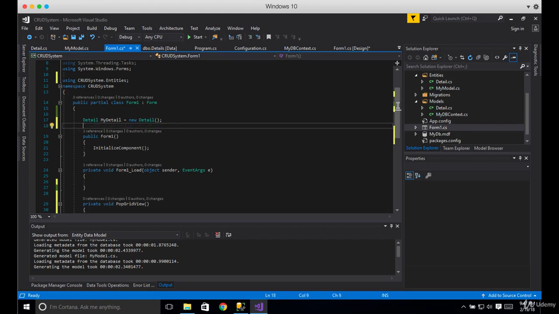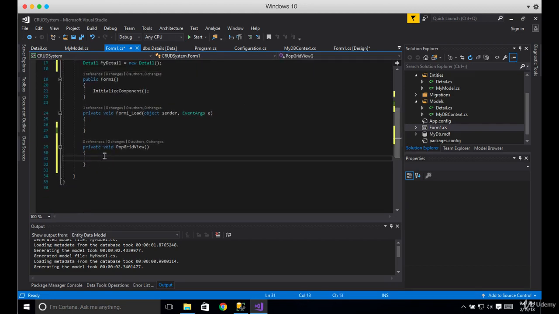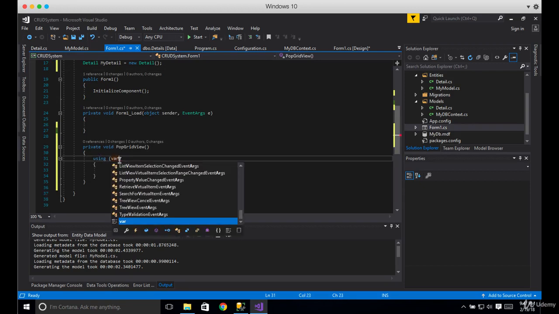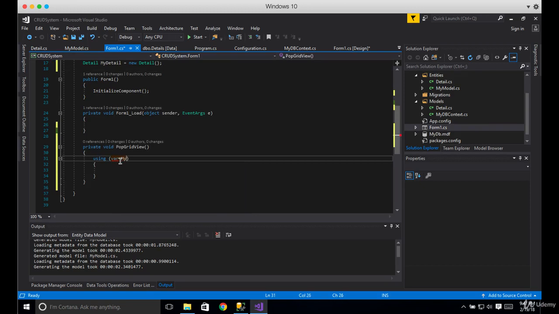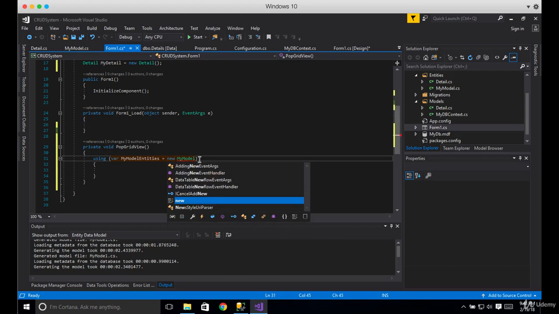and in here we just need to put using, and then var myModelEntities equals my model, equals new my model,